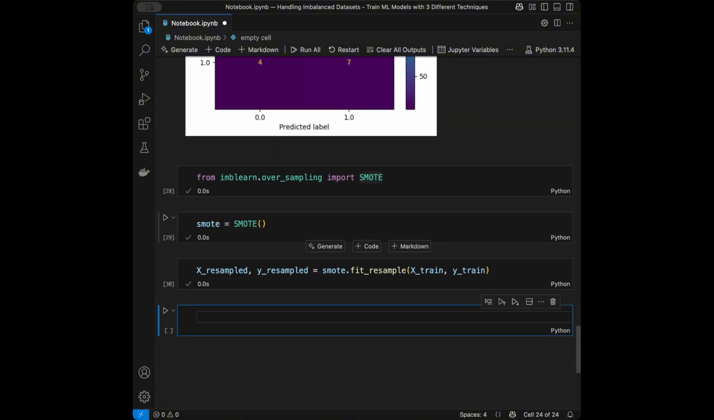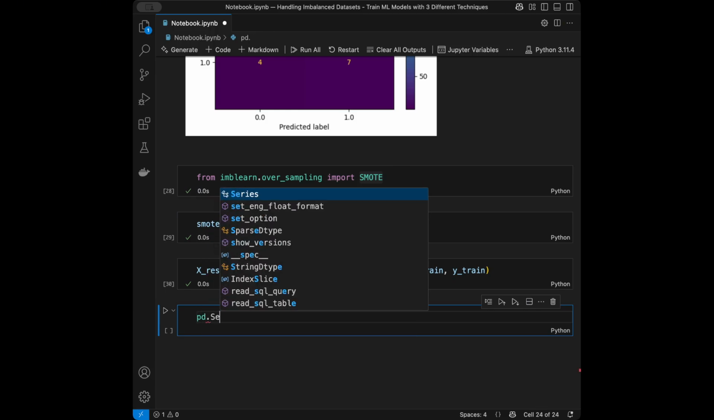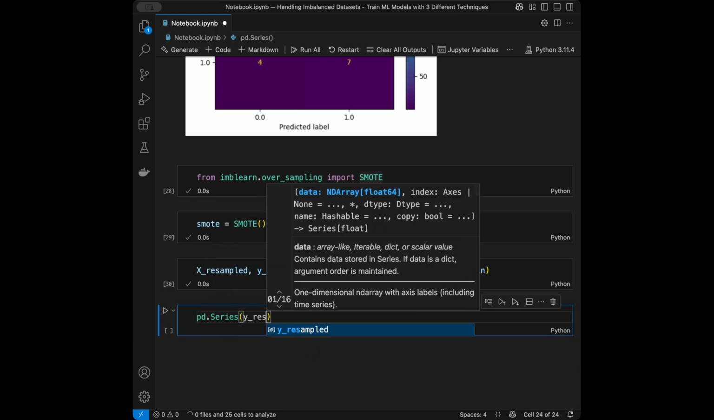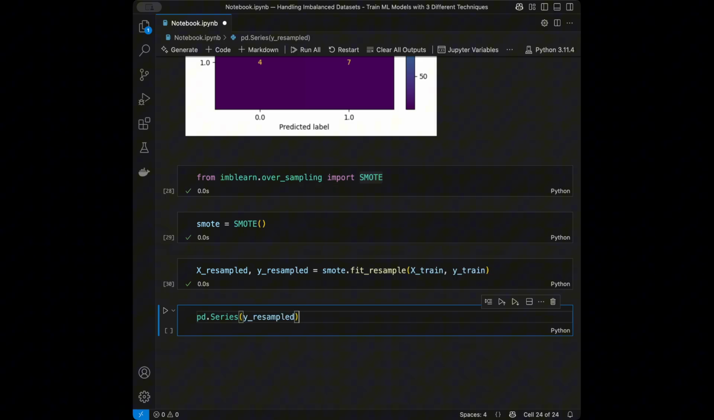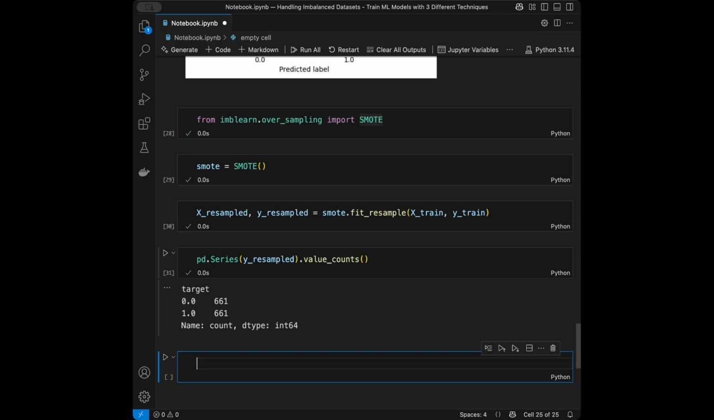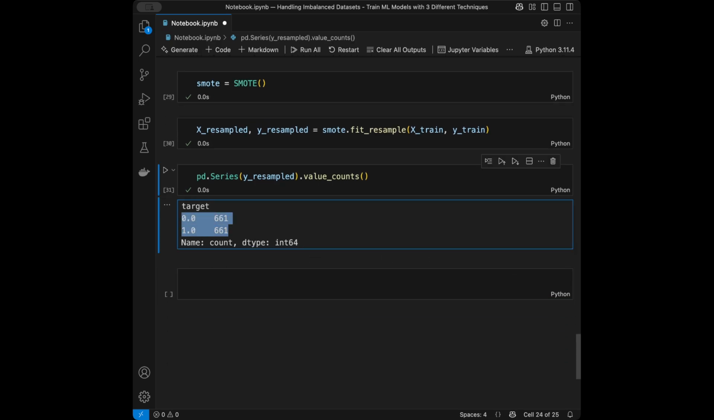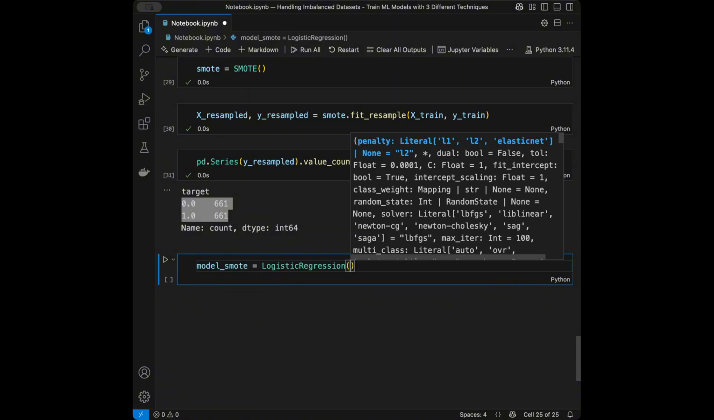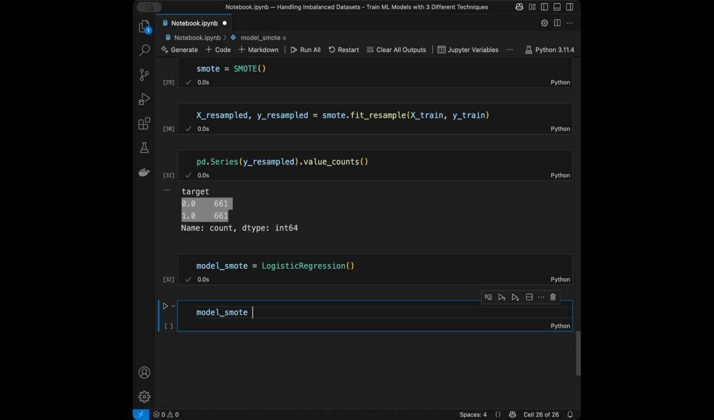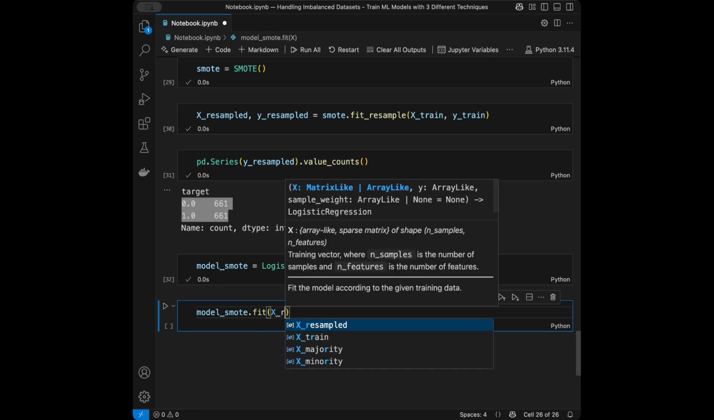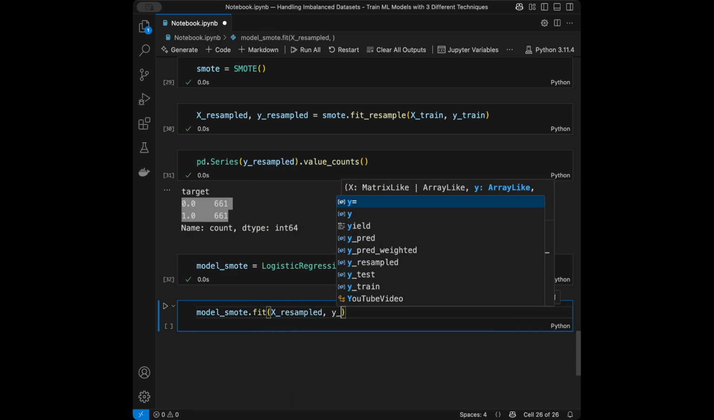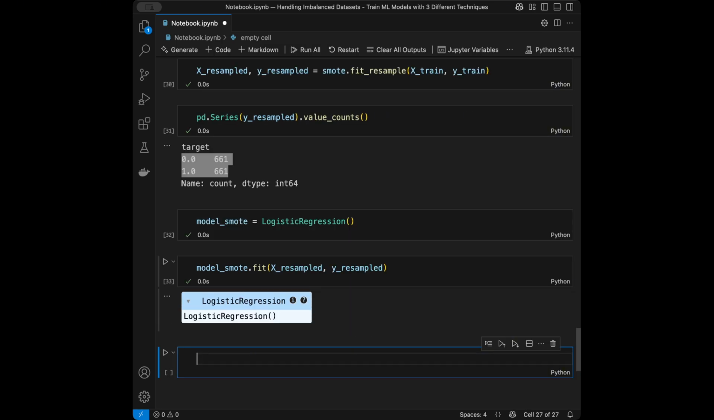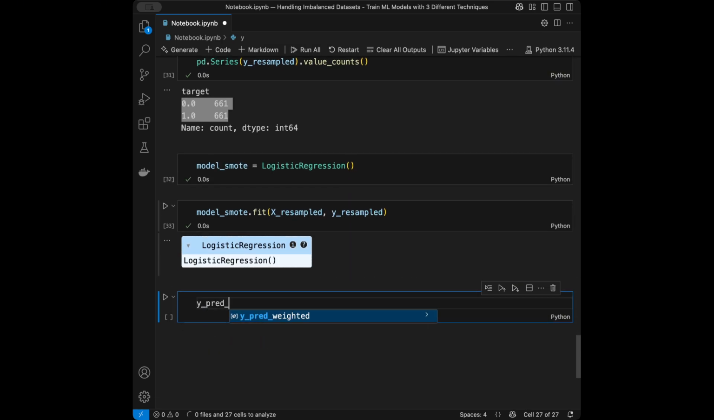Next, I'm going to say pandas series. I will pass Y resampled. I want to check the new class balance, so I will say value counts. And here we can see that we have balanced classes in here. Now we can train our model. Model SMOTE is going to be logistic regression model. SMOTE.fit. We are going to train with the X resampled and Y resampled, and we can get our predictions SMOTE